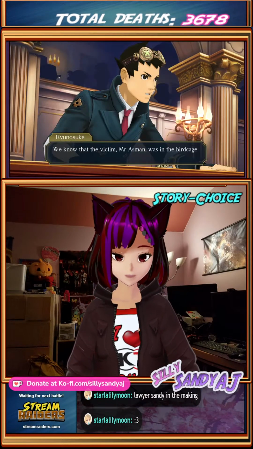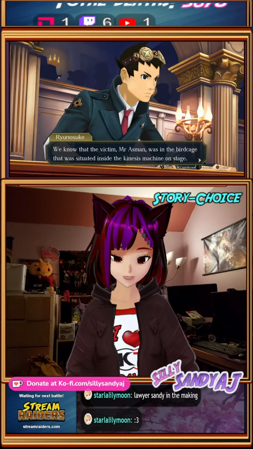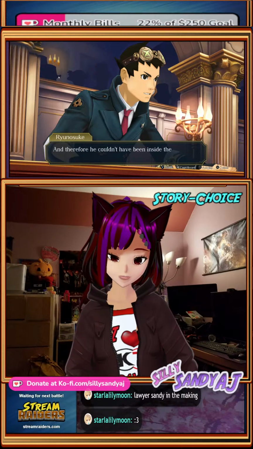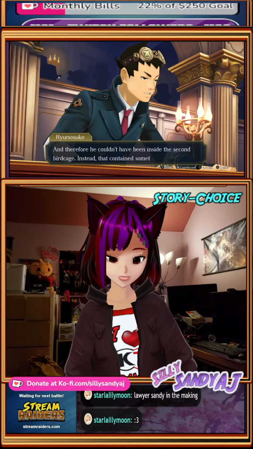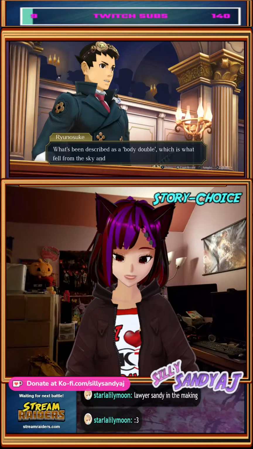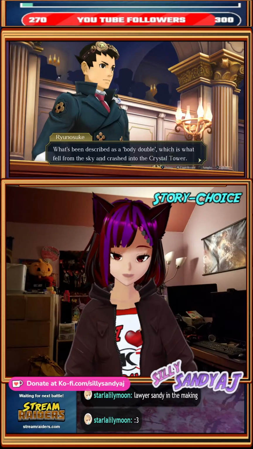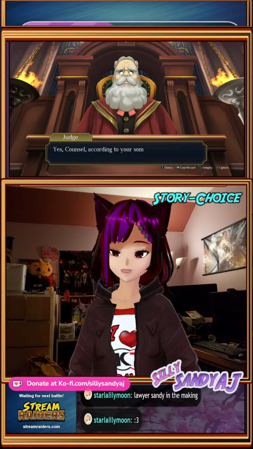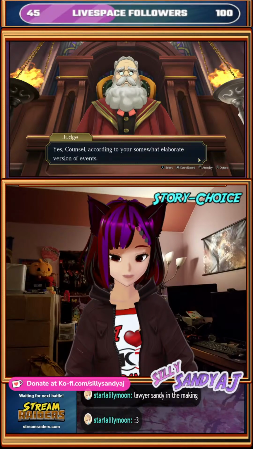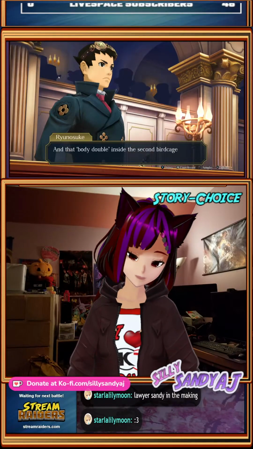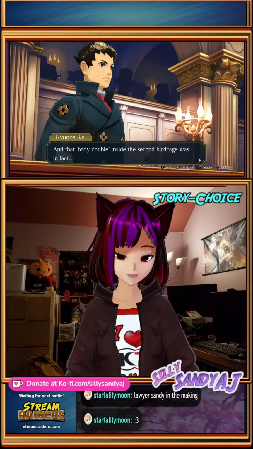We know that the victim, Mr. Asmund, was in a birdcage that was stimulated inside the kinesis machine on stage. And therefore, he couldn't have been inside the second birdcage. Instead, that contains something else. It's what's been described as a body double, which is what fell from the sky and crashed into the Crystal Tower. Actually, I think he has it reversed. Yes, counsel, according to your somewhat elaborate version of the events. And that body double inside the second birdcage was, in fact,